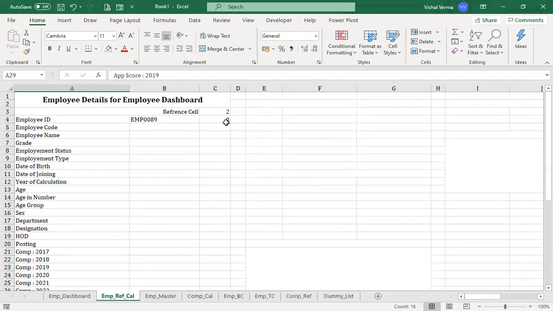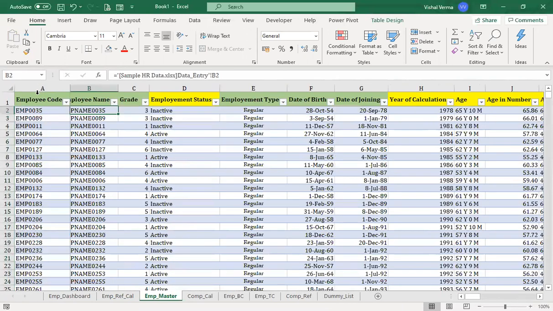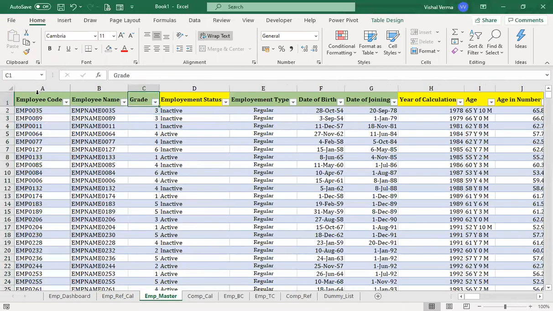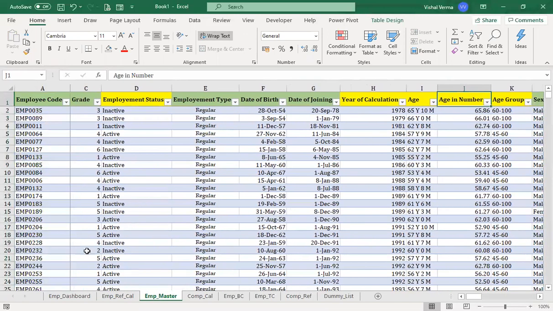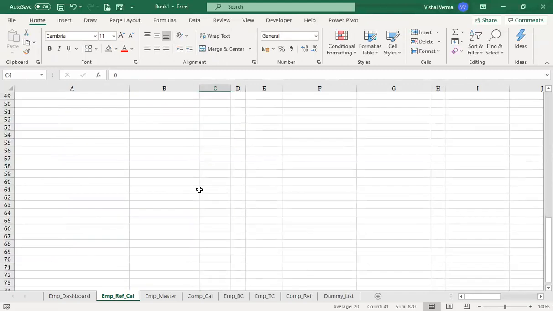Now here we have got 0, next will be 1. So whatever data you are getting here, employee code will be 0, employee name will be 1, this will be 2, this will be 3, this will be 4, and so on. So we go here with 0, 1, 2, 3, 4, 5, and so on, and just double click, and it will fill till the last.